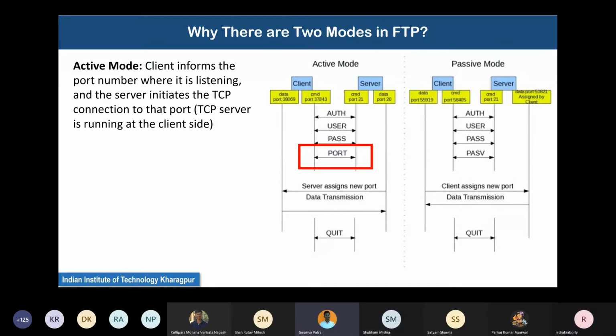Sir, in the whole FTP process, where are the TCP connections occurring? At the beginning, when that AUTH command is happening, in the background it is basically performing an initialization TCP connection. And at the end, when the quit command is typed, in the background it is performing a TCP connection release. And at every stage, all the commands you type or all the data transfer that happens between the client and the server in the background is happening with the help of TCP segments.